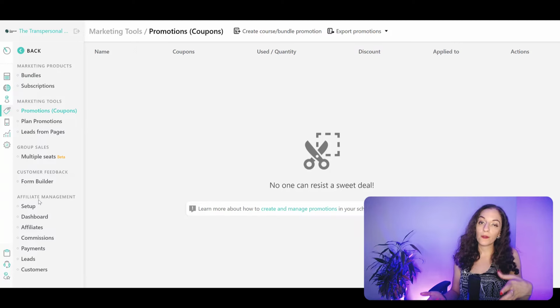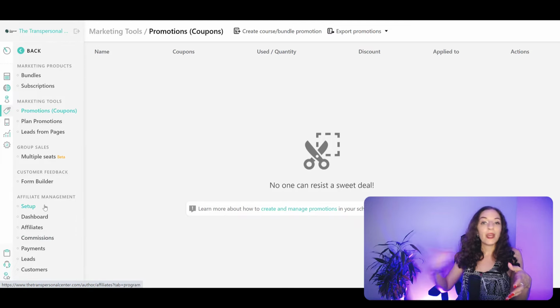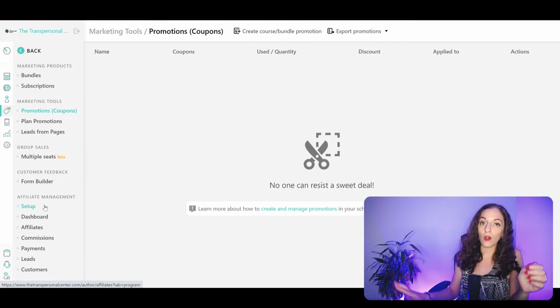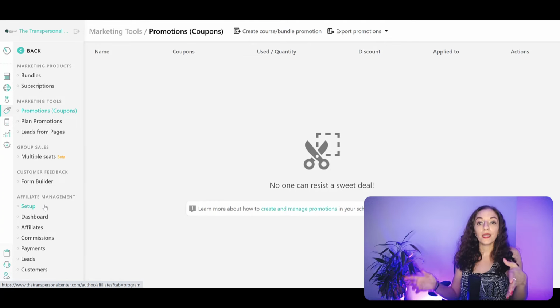You can also offer up an affiliate commission to someone who wants to promote your course. So you can easily manage all of your affiliates right from this section here on the bottom left. And it really helps streamline things in terms of paying affiliate commissions. It doesn't have to happen manually. It happens all automatically. If one of your affiliates uses their link, someone purchases through their link, they get paid. So all of this can be managed from back here as well.